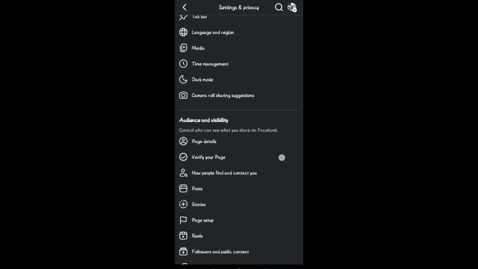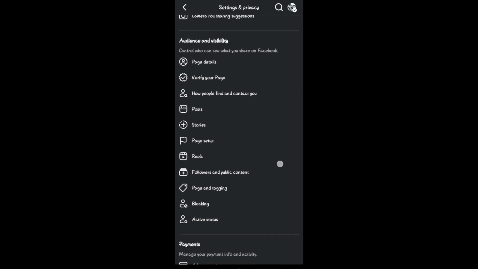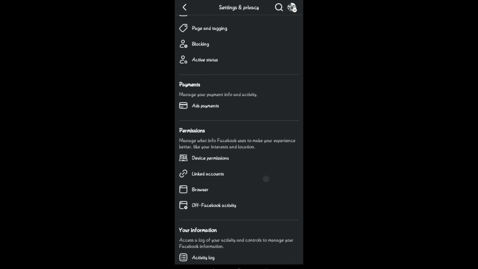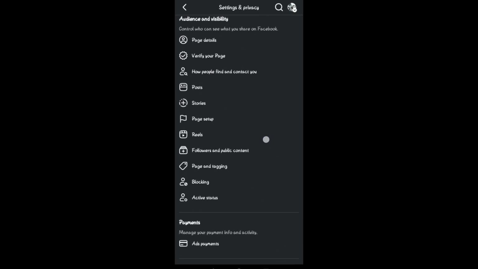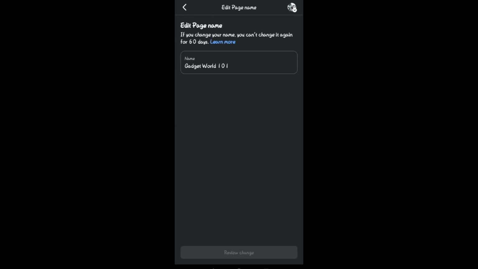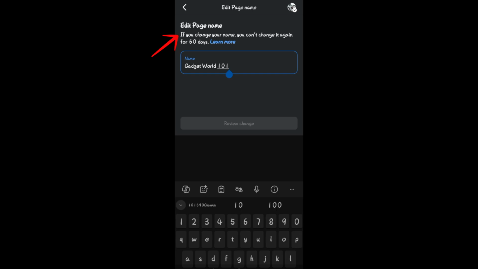and then this time, what you're going to do here is look for page setup. It may be different in your Facebook or your Facebook settings, but you can go to page details or page setup. For me, I have to go to page setup, and then here I can see the name of my page. In order for me to change it, I'll just have to tap,